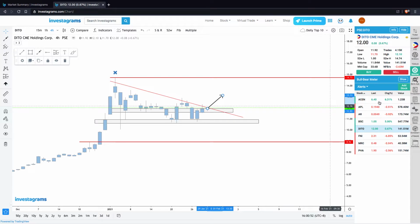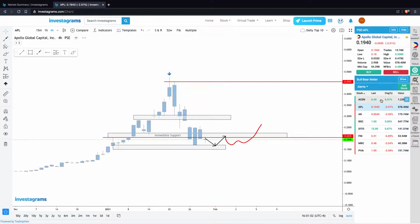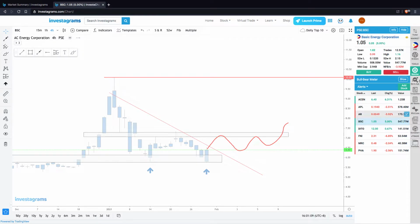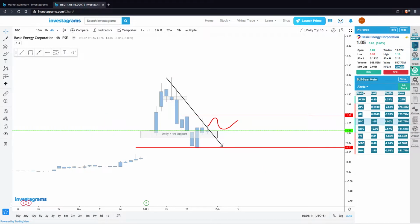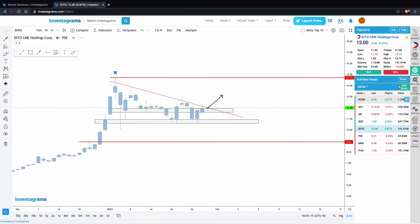Let's see what happens. We have negative foreign buying, and I forgot to mention APL also has had net foreign buying today, and with ACEN we had 119 million. Sorry, I forgot to mention those. And BSC also has negative 3 million. And for DITO, we see the same. Only ACEN and APL had positive net foreign buying for our